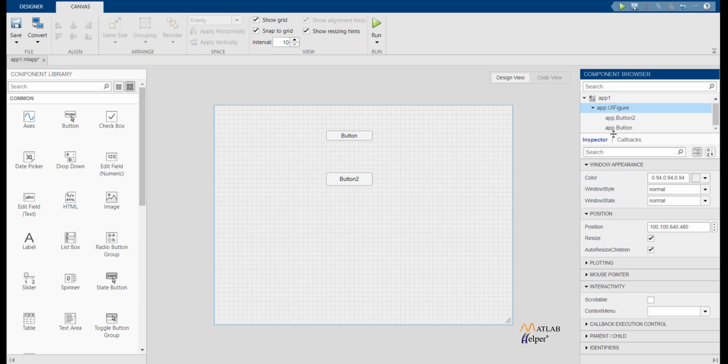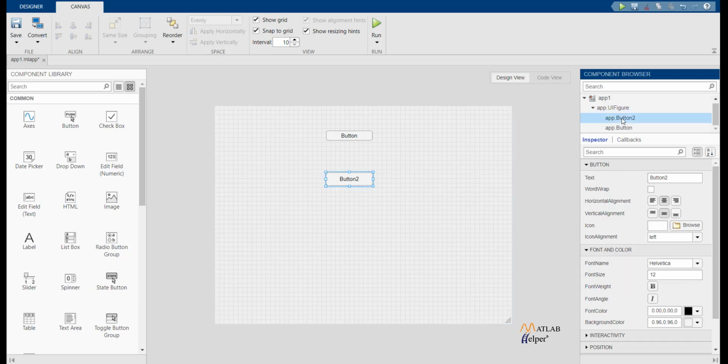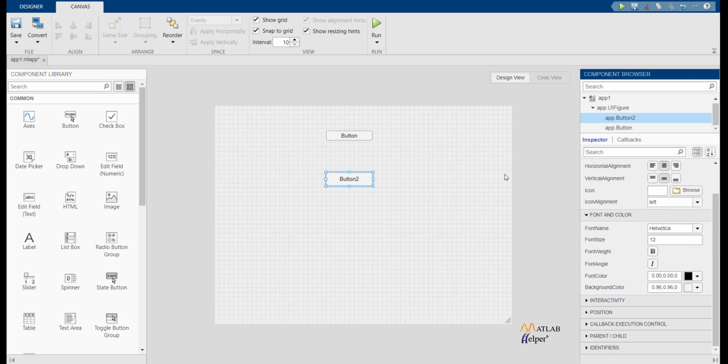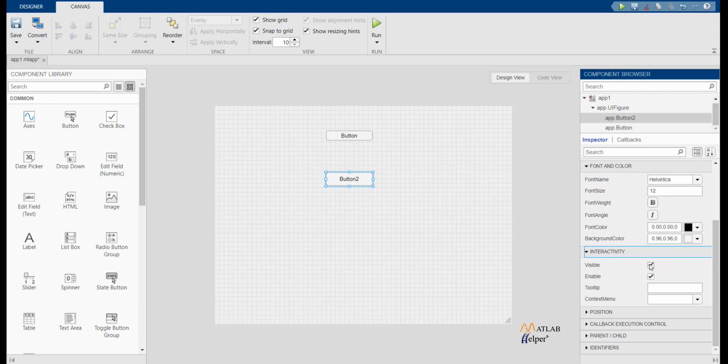In case of a button, you have the font size of the button. So here when you talk about the font size, you're talking about the button 2 that's written here. You can see where it's going to be aligned. And so the interactivity talks about whether it's going to be visible or not. Enable.